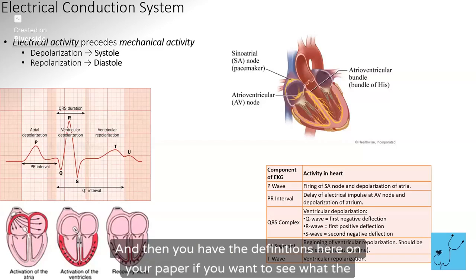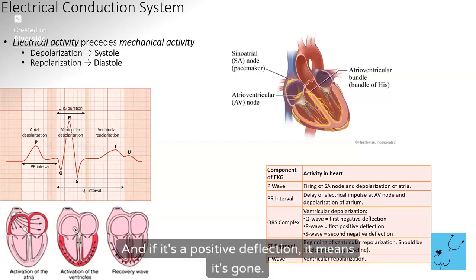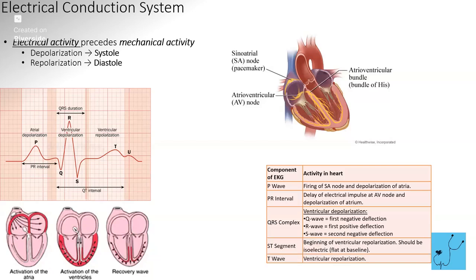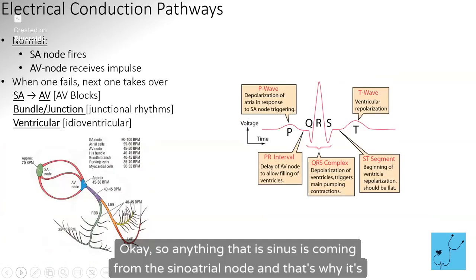And then you have the definitions here on your paper if you want to see what they mean. When they talk about a negative deflection, that just means that your waveform goes down. And if it's a positive deflection, it means it's going up, okay? Okay, so anything that is